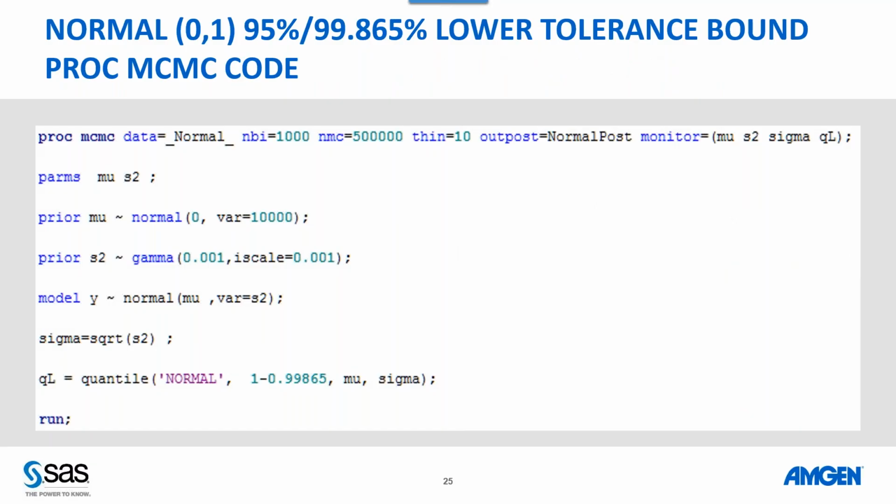these calculations. The MCMC code in this case is very straightforward: you essentially just have a normal likelihood with unknown mu and sigma square. If mu and sigma square are unknown, in the frequentist approach you just maximize the likelihood function to get mu and sigma square. We essentially do the same thing, but we need to express two priors, for mu and sigma square. Each has a prior, a normal and a gamma, and then your likelihood,